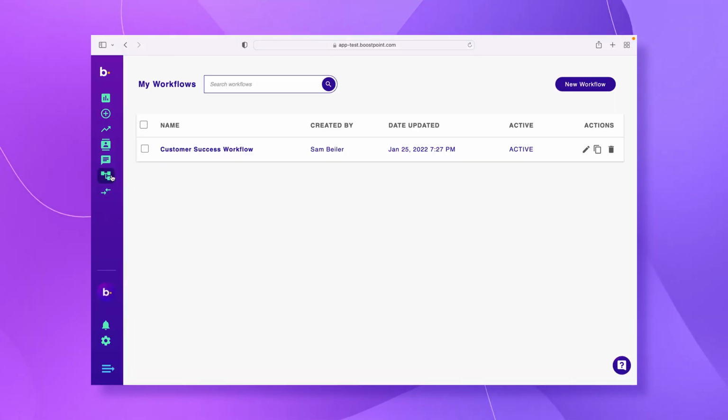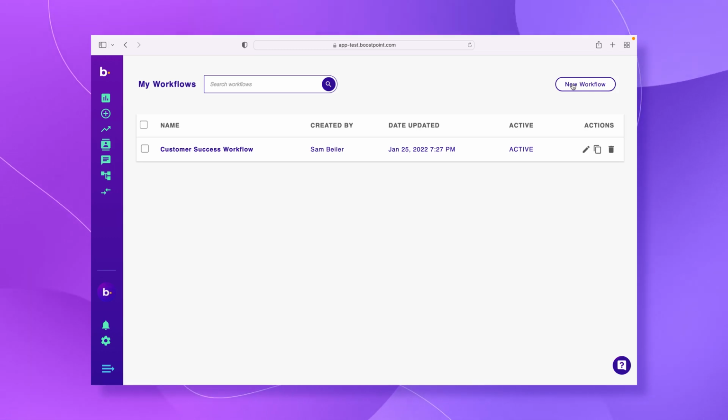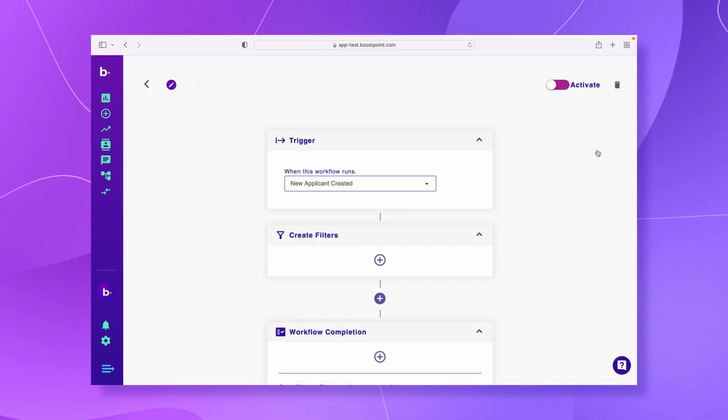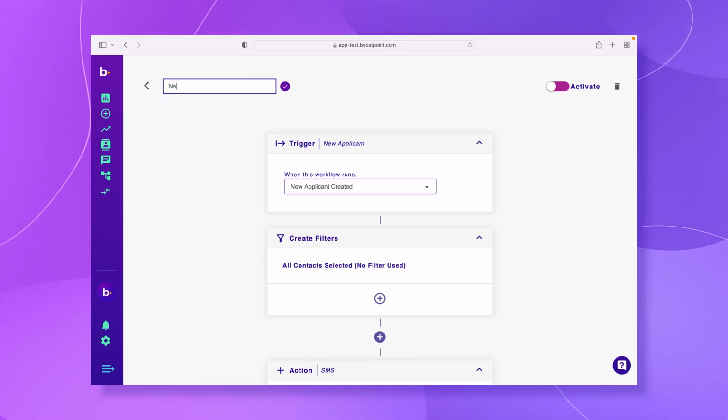In this video, we're gonna cover how to create your first automated workflow in Boostpoint Connect. So to do that, we're gonna jump into the workflows section. Now I have a choice. I can either create a new workflow from scratch, or I can duplicate an existing workflow. We're gonna go ahead and duplicate this workflow right here. We're gonna rename it quickly